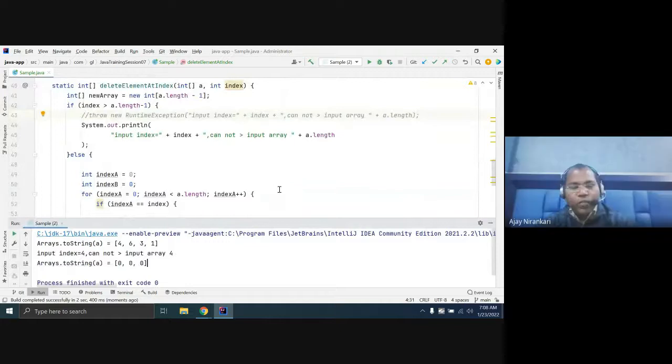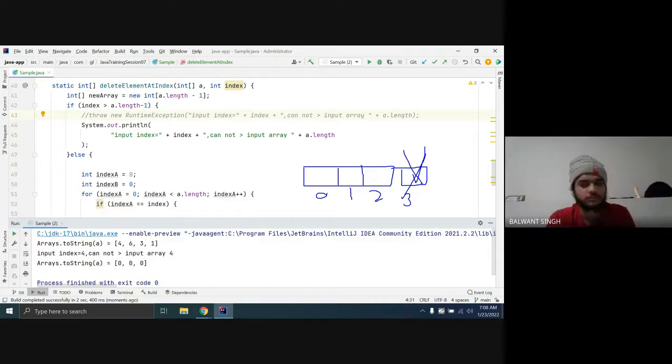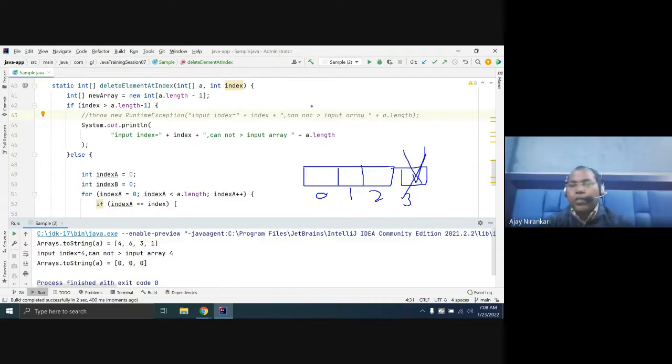Yes. The compiler always throws an out of bound exception whenever you are reading any array. Your array has only these elements, and you want index zero, one and two. Now you are trying to put data in the third index, but that is not in the existing array. Whenever you have an array and you try to read or write, if you read 0, 1, 2, 3, the compiler is happy.